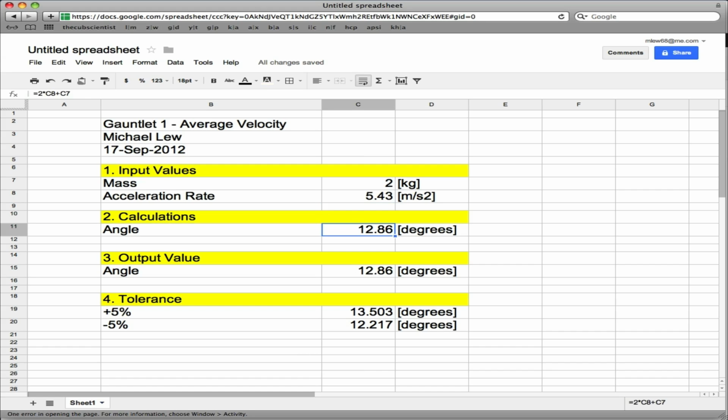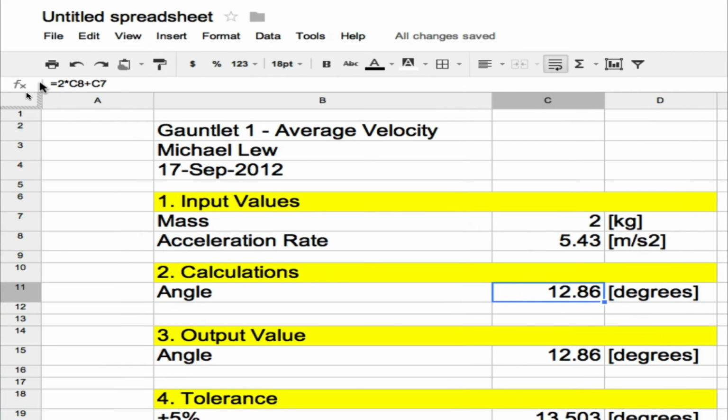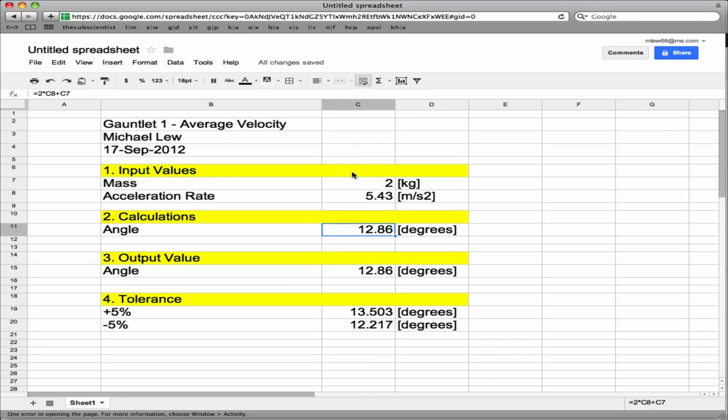And if your model is not good, let's say this equation you typed in, which is, I'll zoom in here, you can see it. This model is not good, you can change your model and then retest it. So it allows for multiple tests so you can see if your model is working. So that's an example of your Gauntlet